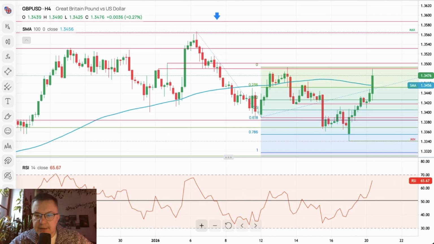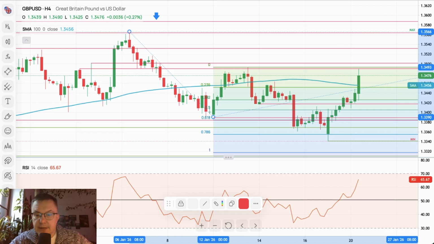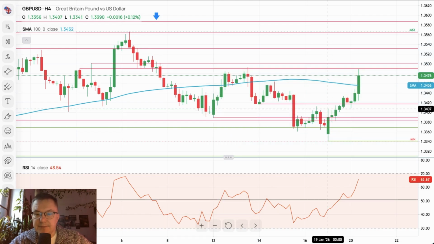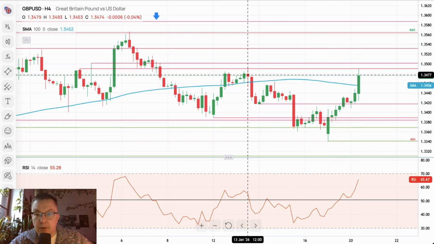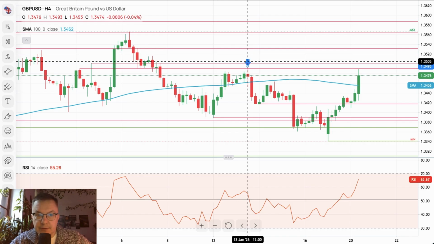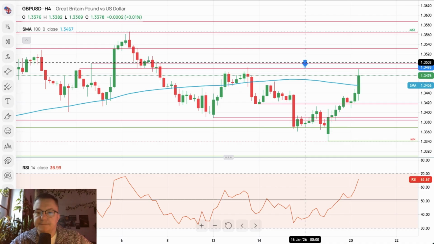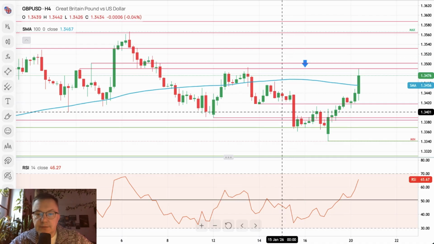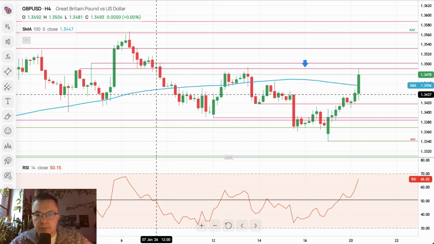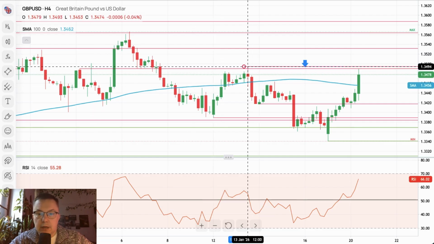So we traced, as you can see, more than 78% of the last swing to the downside, and then big arrow, big candle, green candle to the upside, and then up we go towards the level of, as you can see, 1.34. This is 1.3493. So that's the key level here, the key area here, which is needed by the bulls to move above it, in order to allow them to move higher.